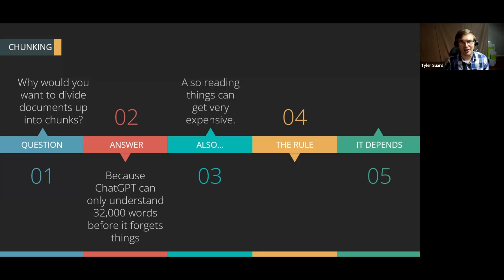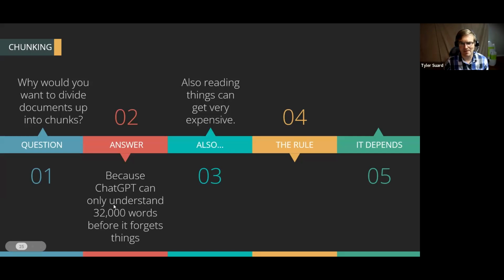Also, reading things and writing things from ChatGPT can get very expensive. If you're using the API, it costs 3 cents for every 1,000 tokens. A token is like part of a word, and it costs 6 cents for every 1,000 tokens that you generate. So reading costs 3 cents, generating costs 6 cents. It can get very expensive, especially if you have a huge long document. That's a lot of money just to read one, especially if you're doing this all day with a lot of